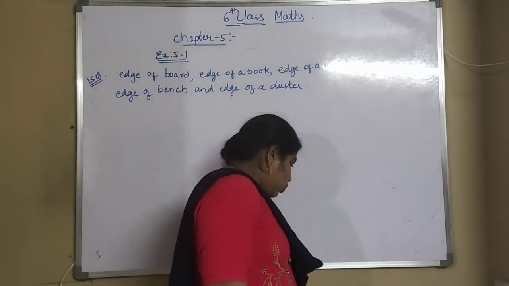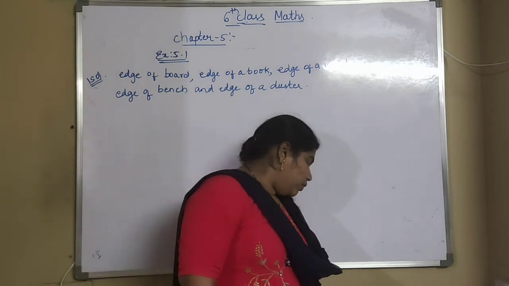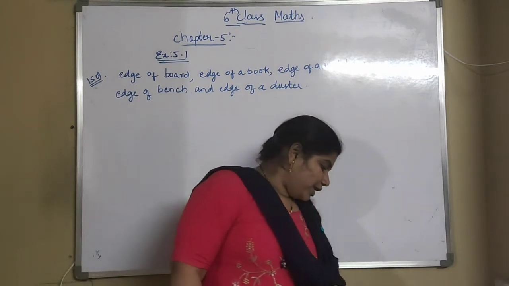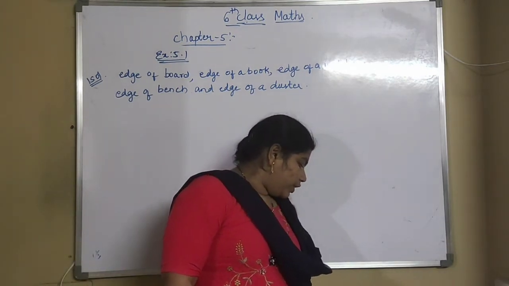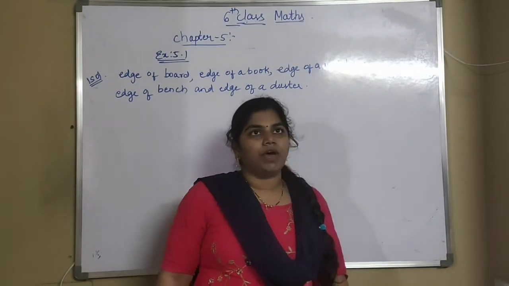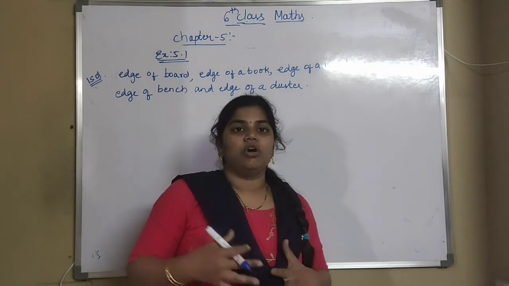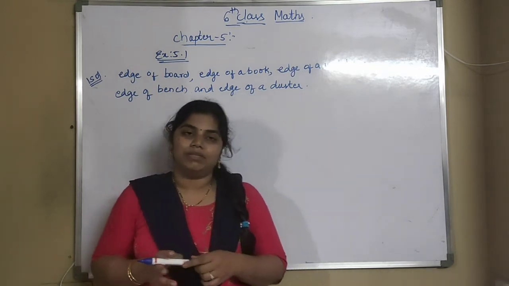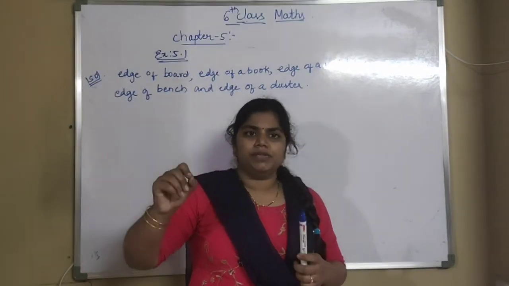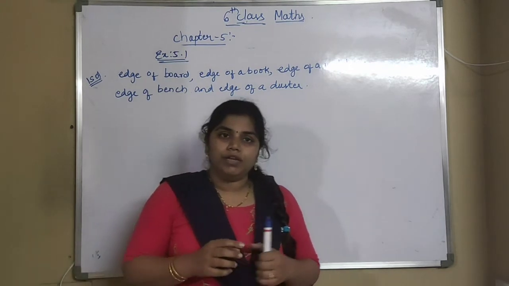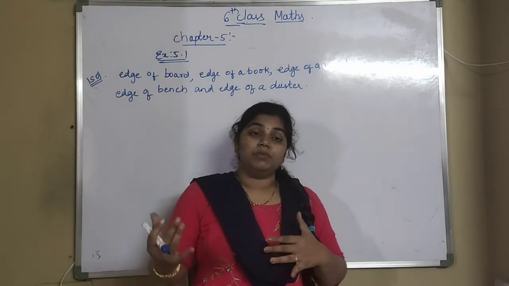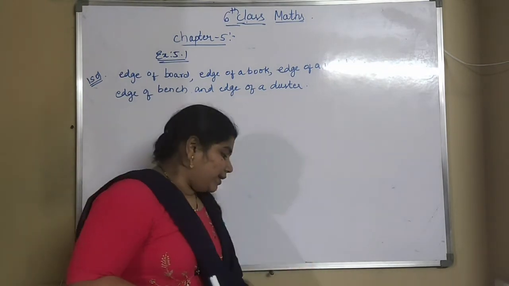Next is, why it is better to use a divider than a ruler while comparing 2 line segments. What they are asking here is, why we can use a divider instead of a ruler for comparing the line segments. If you take the scale, somewhere the points can be different, but with a divider you can measure exactly. So that's why, instead of a scale, it is better to use a divider. So write that answer here.